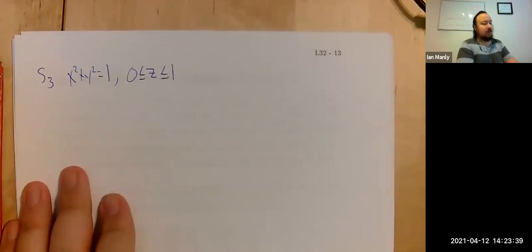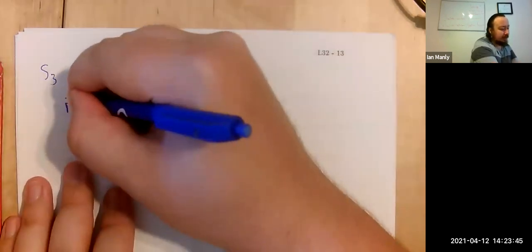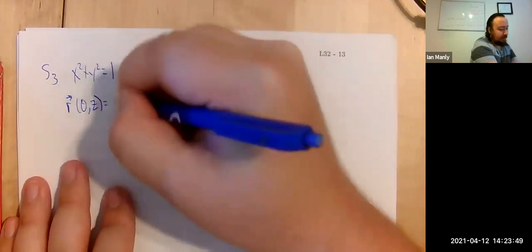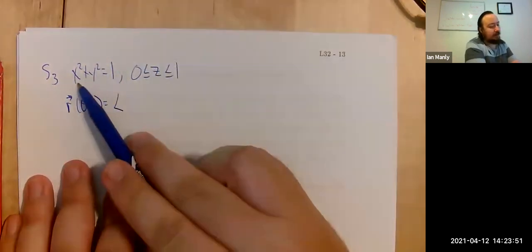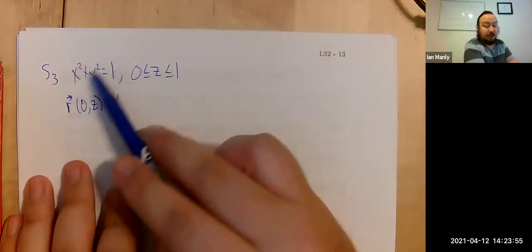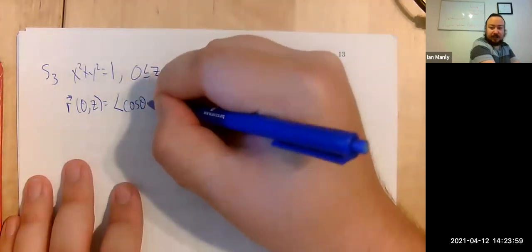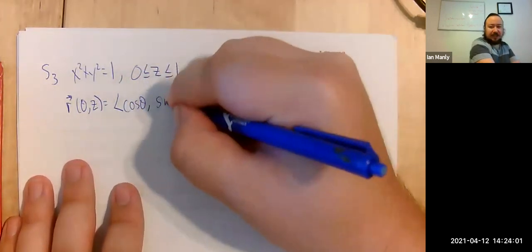This one's going to take a little bit more thought than the other ones, so I'm going to parameterize it in terms of theta and z. Since I want x and y to be in the unit circle, x is cosine of theta, y is sine of theta,